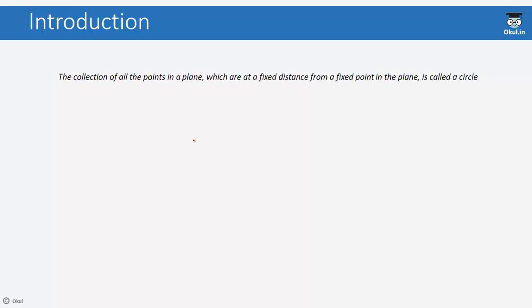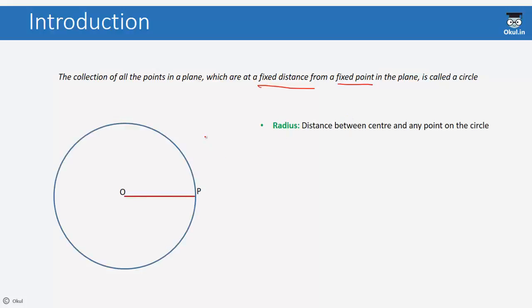The collection of all points in a plane which are at a fixed distance from a fixed point in the plane is called a circle. So we have a circle and we have a point O, and this point O is termed as the fixed point. Okay, and this is lying in a plane, and we see that all the points on the blue boundary are at a fixed distance from this point O. So we can say that this fixed point O is termed as the center of the circle,